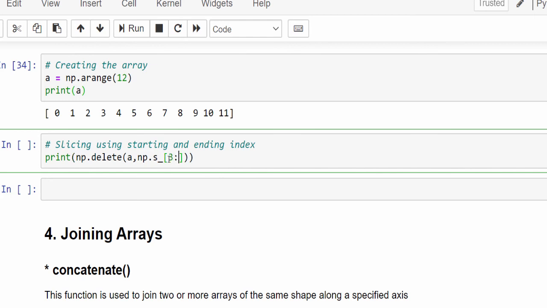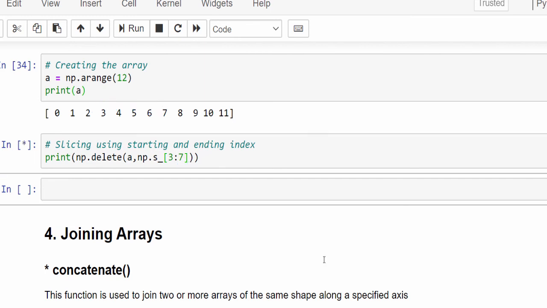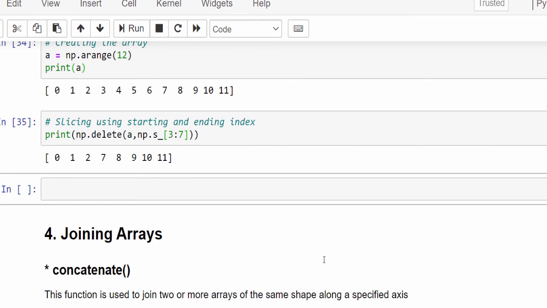So 3 colon 7, starting index, ending index. It means from 3 to 6 it will be deleted. You already know it considers ending minus 1. So let me execute. You can see, as I mentioned before, 3 to 6 the numbers are not available.